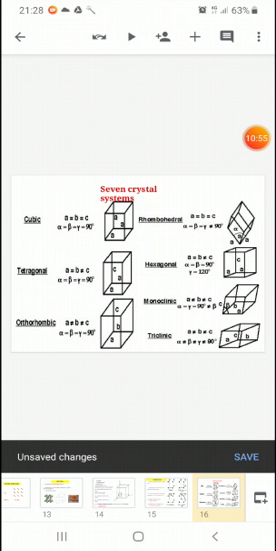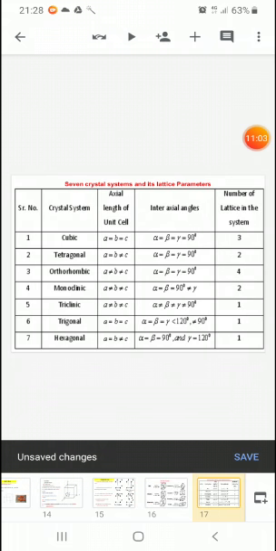In the cubic structure, A equals B equals C. The angles alpha equals beta equals gamma equals 90 degrees. The example of the Bravais lattice is the simple cubic structure, and the number of lattices in this system is 3. The second crystal system is